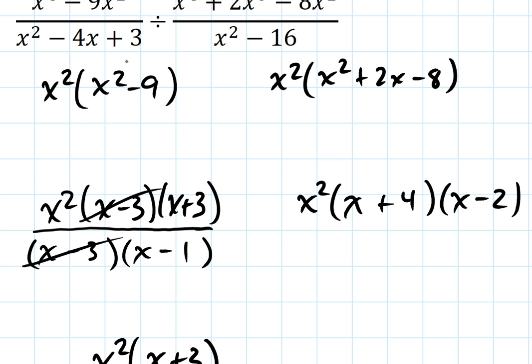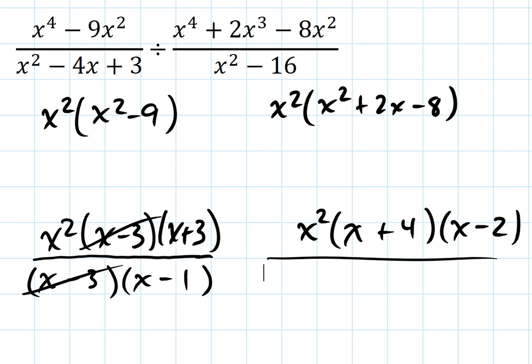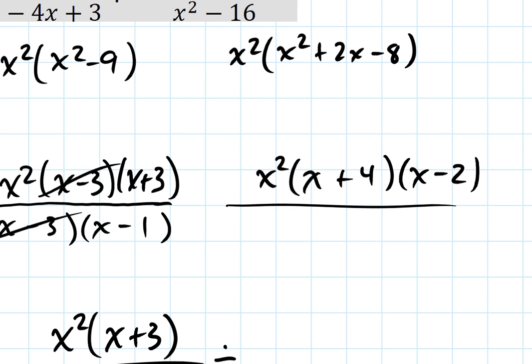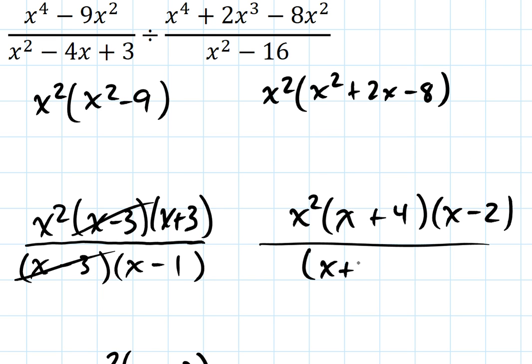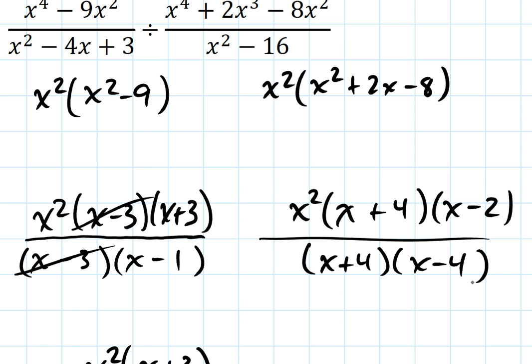The divisor there is the difference of two squares. I'm sorry, the denominator of my divisor. Interesting, isn't it? I mean, I have a dividend and I have a divisor, but each one of these, because they're rational algebraic expressions, both have a numerator which can be thought of as a dividend and a denominator. So I'm tripping all over the vocabulary here. If I rewrite that denominator, it would be, in factored form, x plus 4 times x minus 4. And I can see that there is a common factor of x plus 4 that I'm going to eliminate now